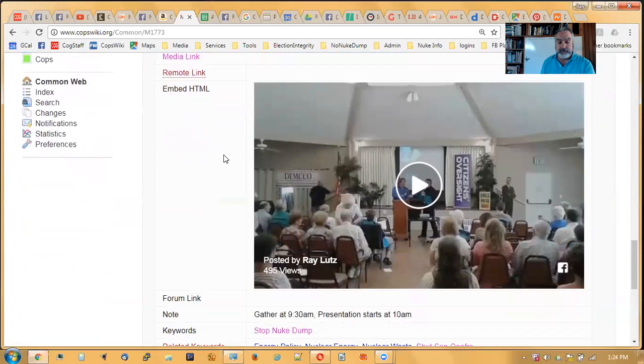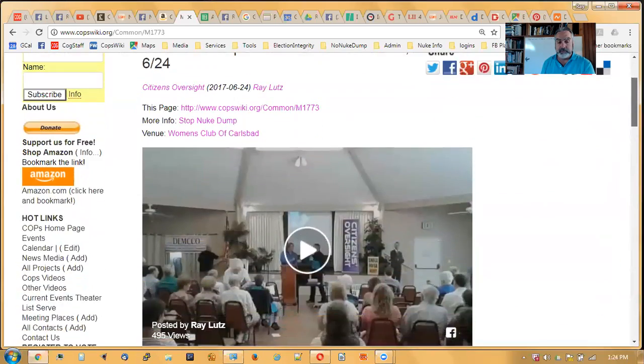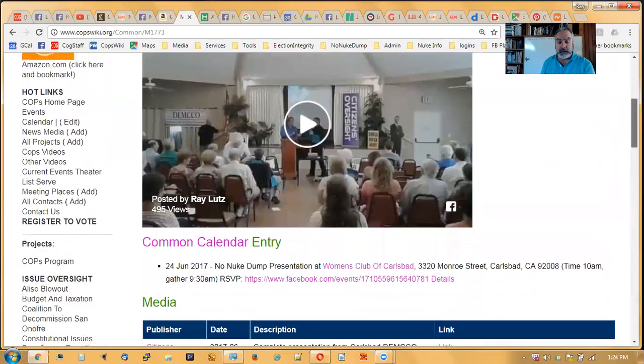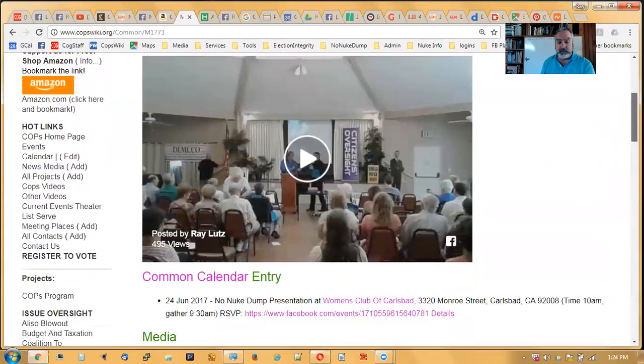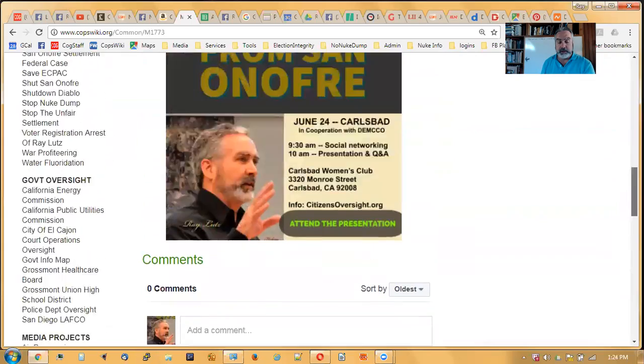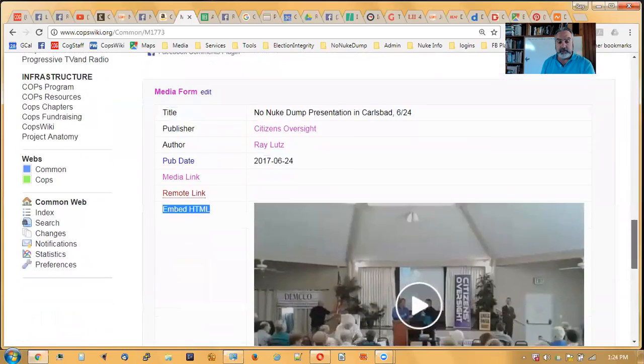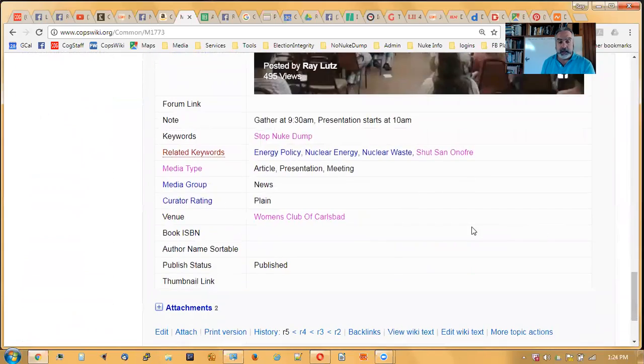And then the way this works generally is if you do have an embeddable HTML that you can get from things such as YouTube or Facebook, if you put it into this field, then it'll automatically be up here at the top. There's sort of a lot of automatic things. So this is a news item typical example with these fields at the bottom. It includes notes, when we're going to do it. The keywords are what